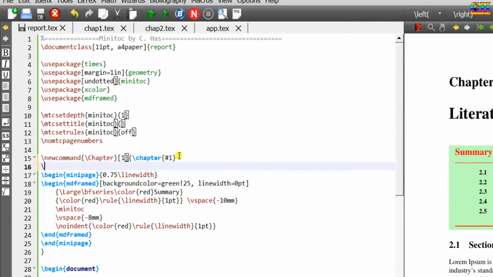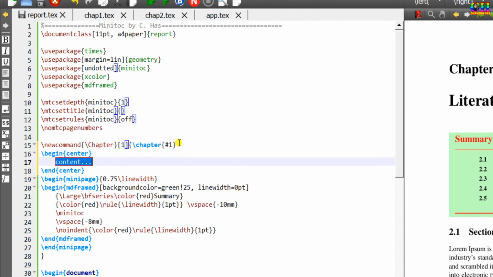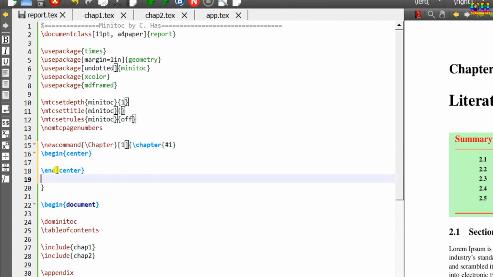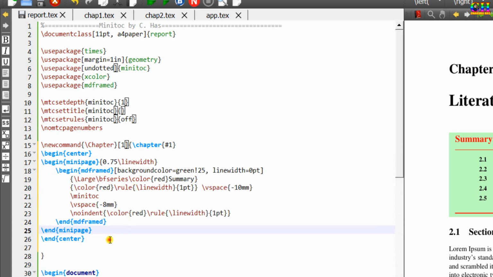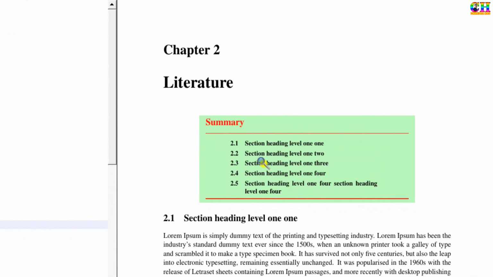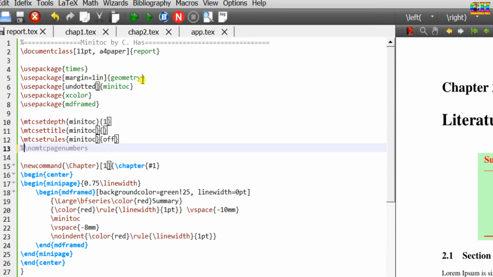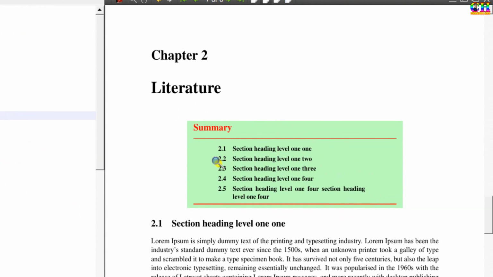Write begin center, end center. We can print a page number. We can change the position of a minitoc inside this region.